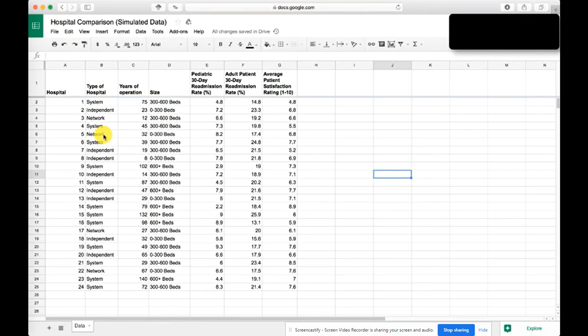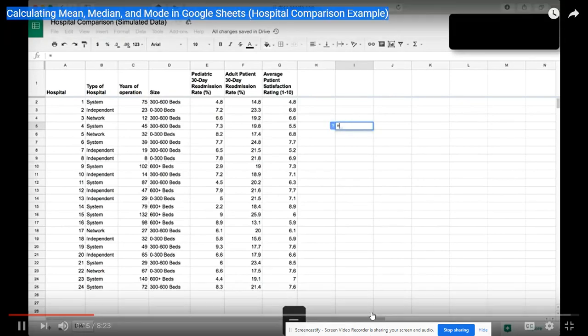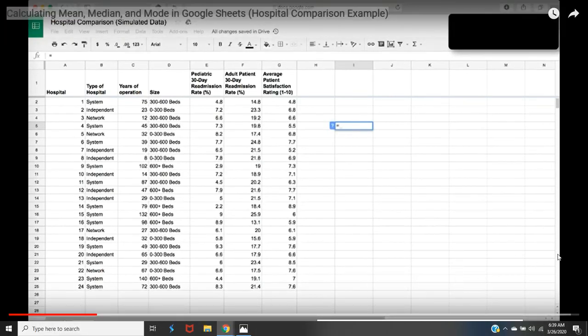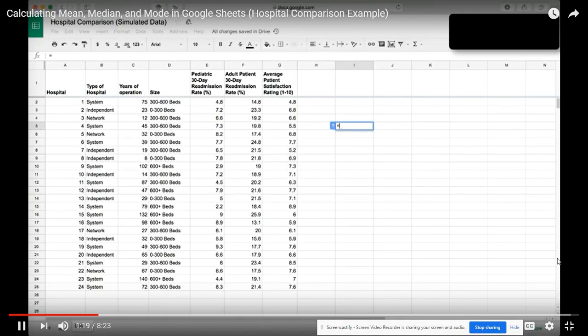What we need to do is click on a cell, any cell outside of the data set, and give a formula to Google Sheets and tell it to take this column and find the average of the values in that column. And we know that average and mean are synonyms of one another. So I will click on a cell and begin to type. I will press the equal sign, and by pressing the equal sign, it's saying this cell will equal, and then once you begin to type average, A-V-E-R-A-G-E,